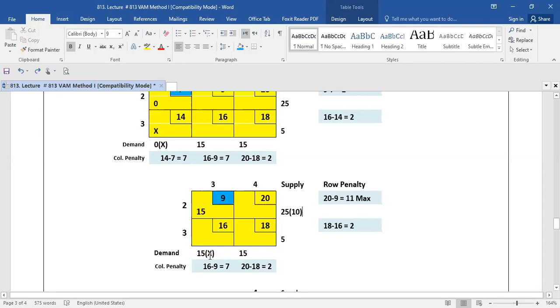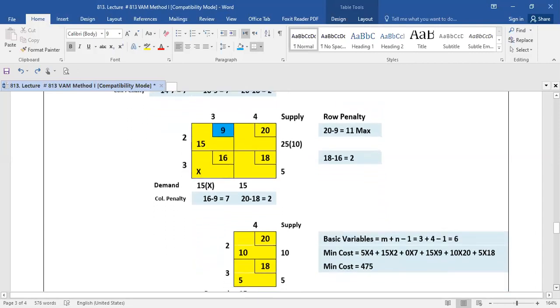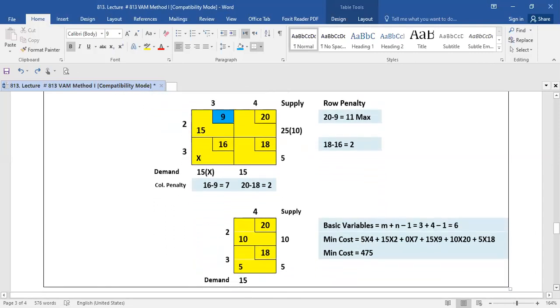So you will look at the column that this is the blank cell. So you will put a cross sign. It shows that there is no need of this column in the next table. You will cut this column, you will drop this column from the next table. Look below. Here I have dropped this column and we are left with column 4.